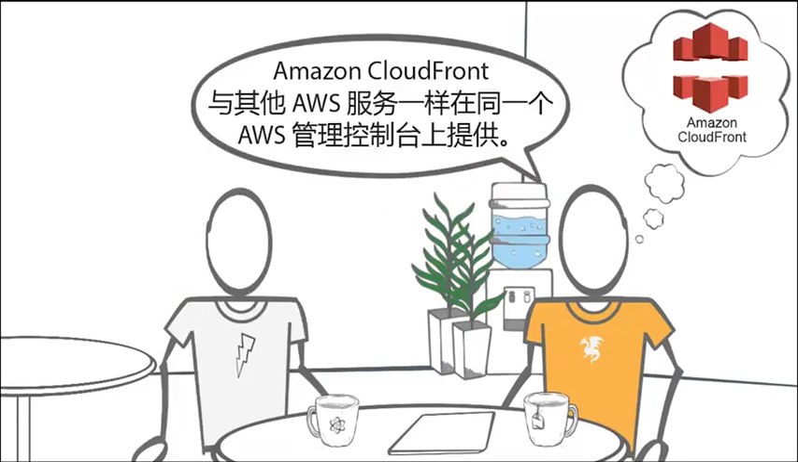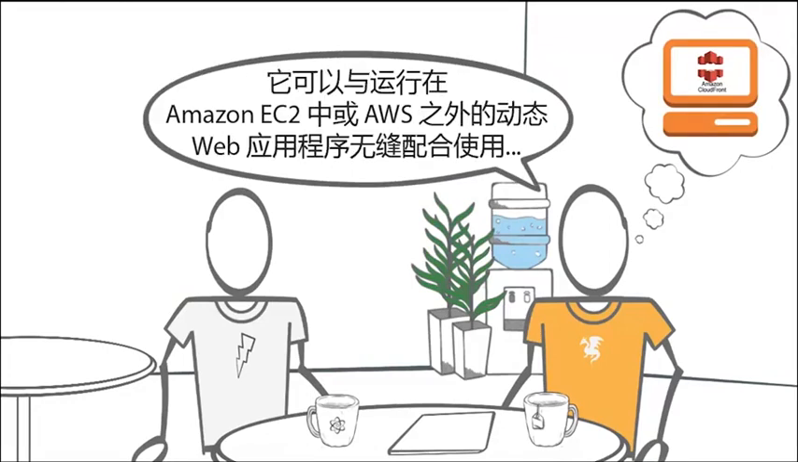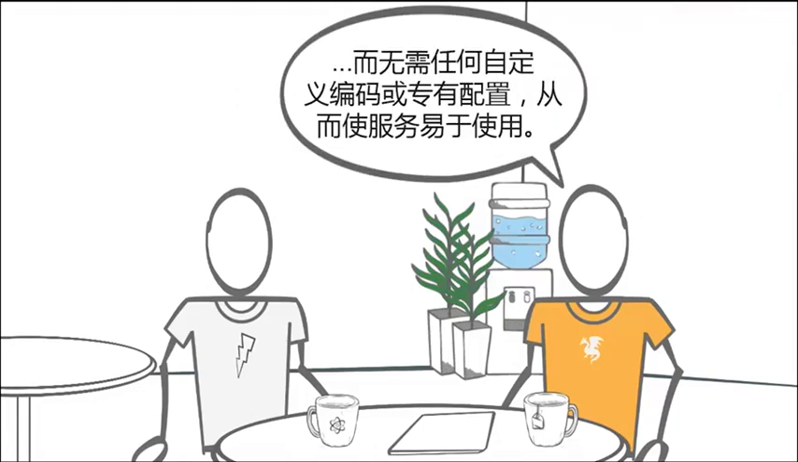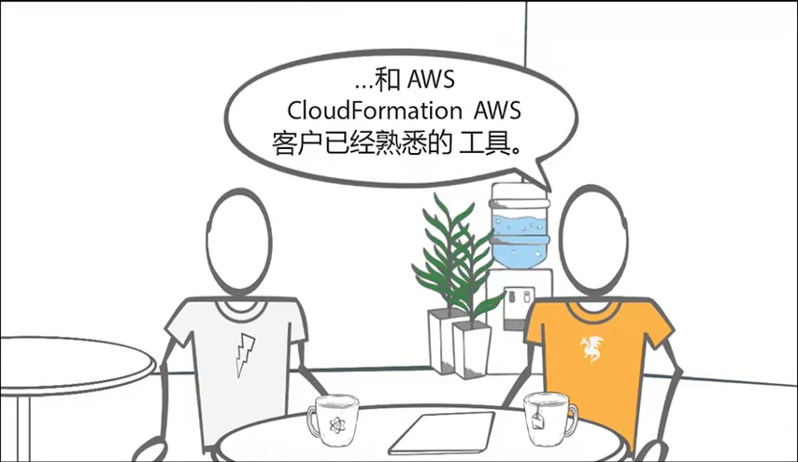Amazon CloudFront is available in the same AWS Management Console as other AWS services. It works seamlessly with dynamic web applications running in Amazon EC2 or outside of AWS without any custom coding or proprietary configurations, making the service simple to use. AWS CloudFront integrates with services like AWS Identity and Access Management, AWS CloudTrail, and AWS CloudFormation,